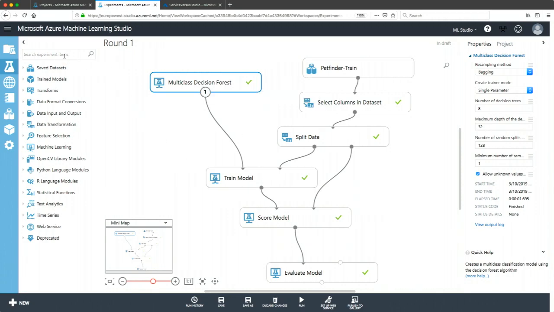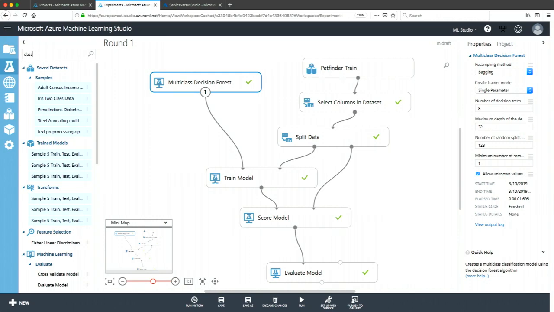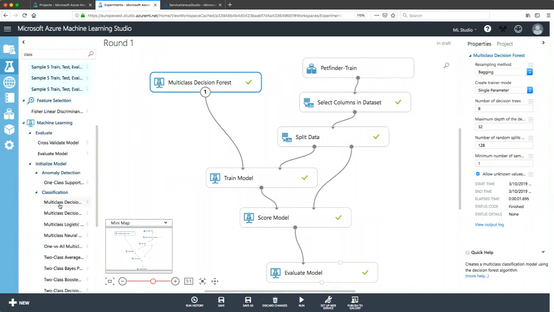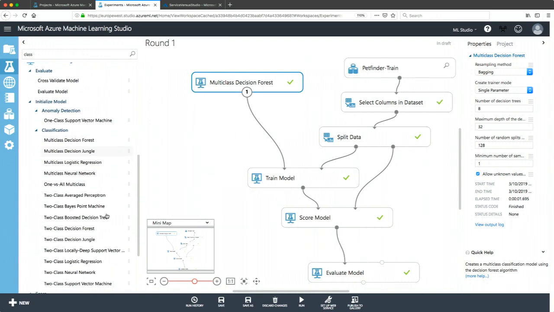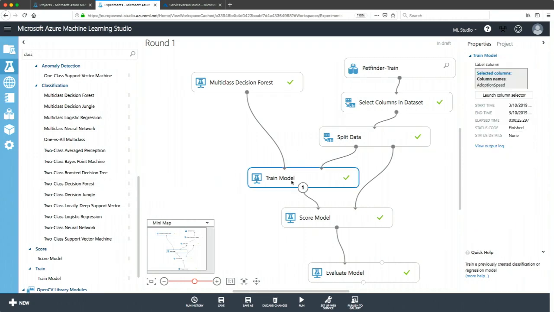If I wanted to pick another algorithm, I would just type something like classification here, and pick from one of the other modules. I could have picked a decision jungle or a logistic regression, anything really. Make sense? All right.